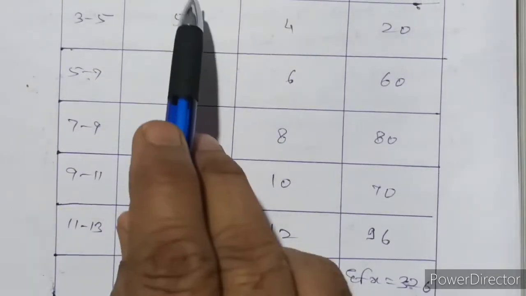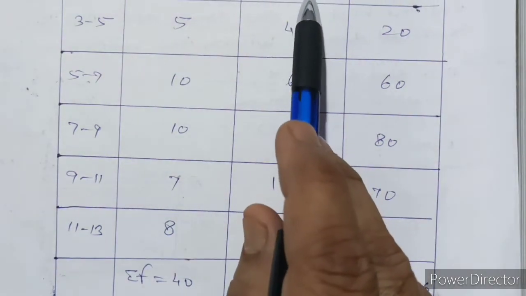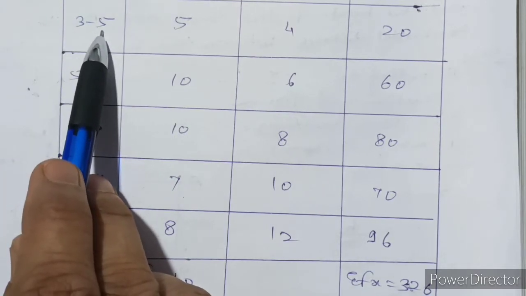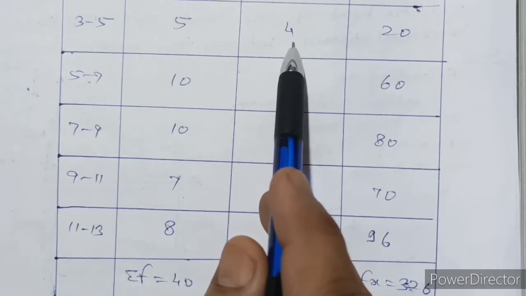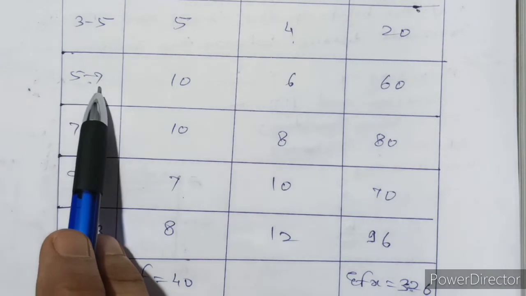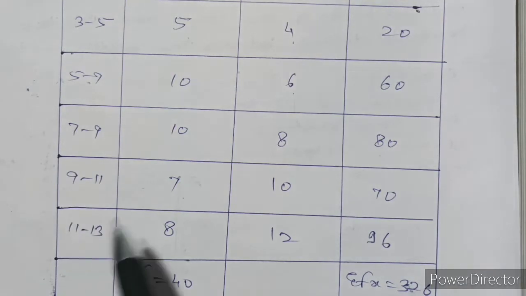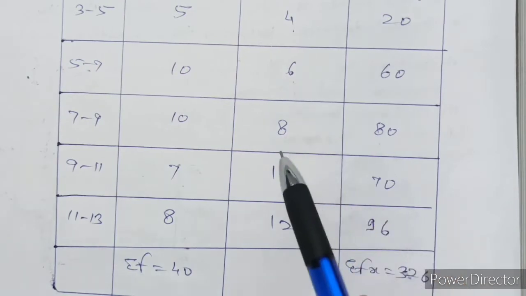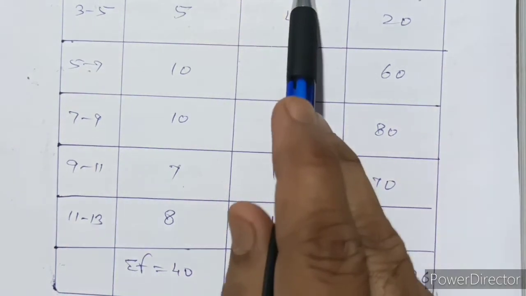So that is frequency is called the x, and we find the x is called the mid value of a given data. How can we get the mid value? So 3 plus 5 divided by 2 and get the mid value. 3 plus 5, 8, 8 by 2 is equals to 4. Similarly, 5 plus 7 is equals to 12 by 2 is equals to 6. Now we have take the interval as the 2. So you have used to the interval 2 to 2 and make a data as the 4 to 6 to 8 to 10 and 10 to 12. This type we get the mid values of a given data. It is called the x.